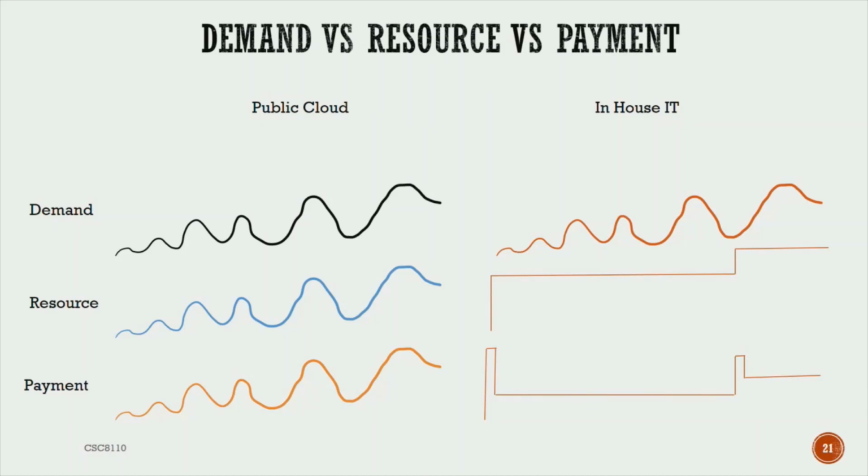But if you want to provide the same workload on the in-house IT, because you're provisioning for the peak load, your cost just goes high, because you need to find the peak in your demand, and then from there you will spend a lot of money, and it will not be utilized, and you will make a lot of loss. So the first step in determining whether to use public cloud or hybrid cloud is to know your demand curve. How much traffic, how many users are using your application, how much data you need to store, and how much throughput and response time you need to provide to the users. That will only be determined based on your demand curve.